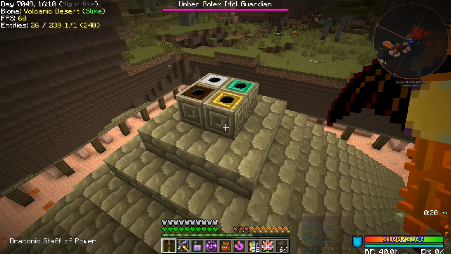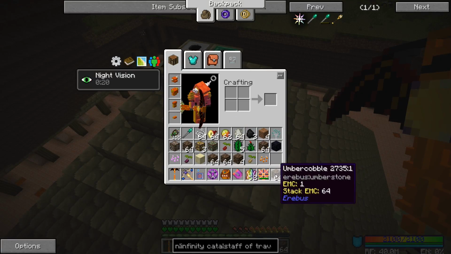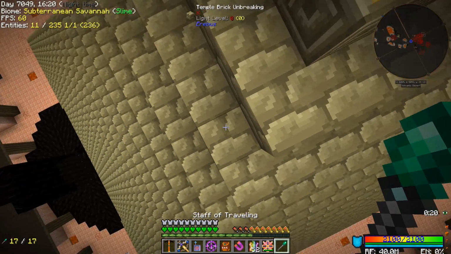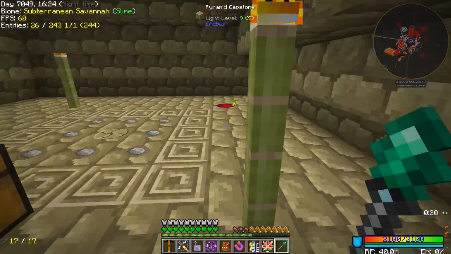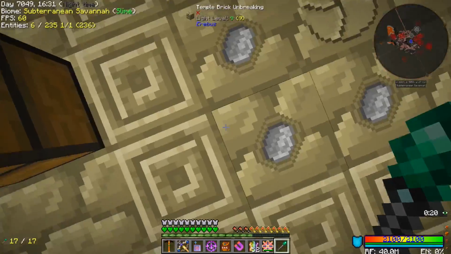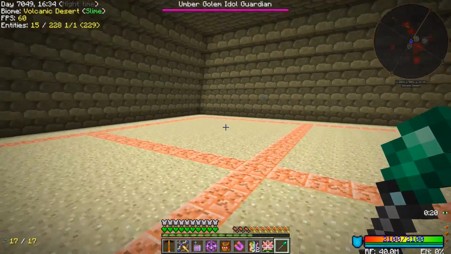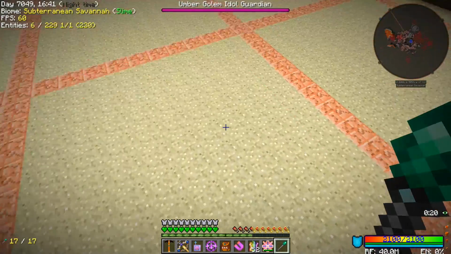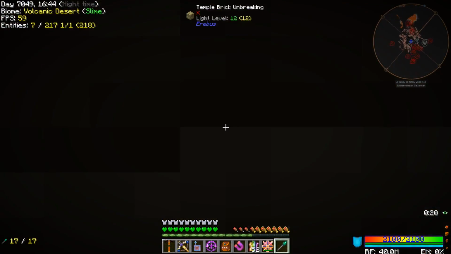Alright guys, I just found a brand new Antlion Temple. So we're going to try this together, see if we can get in here with our Staff of Traveling. Oh yeah, look at that. So now we don't have to kill the golems. Now the question is, do we have to place in all of these things, or can we just go down to where the Antlion boss is? Well, we're down here, but there is no Antlion boss. Okay, so I think we do...